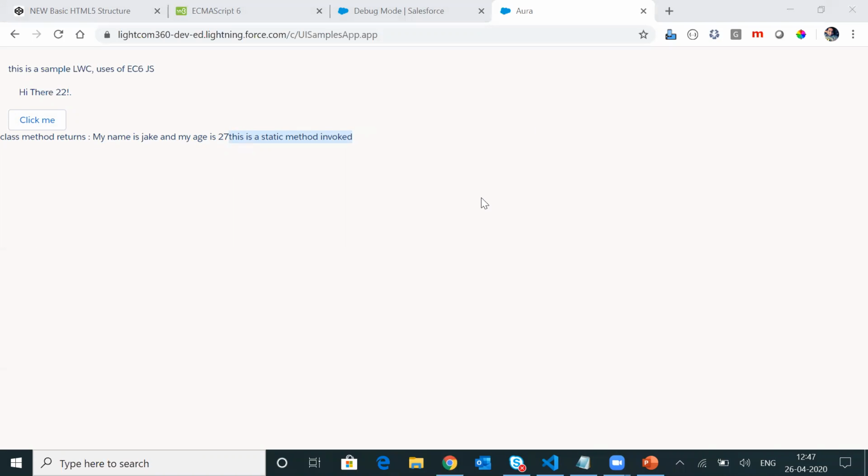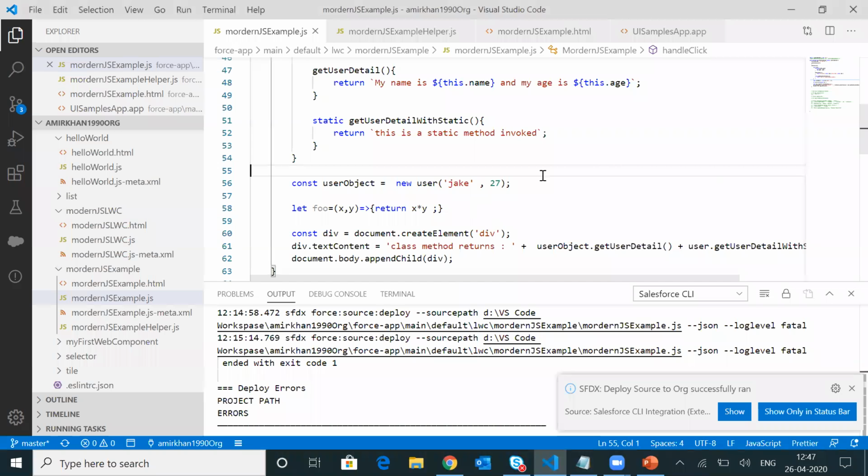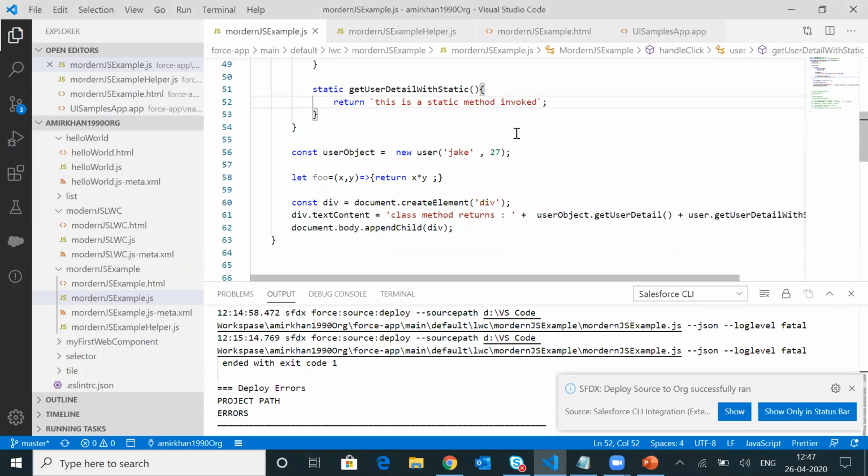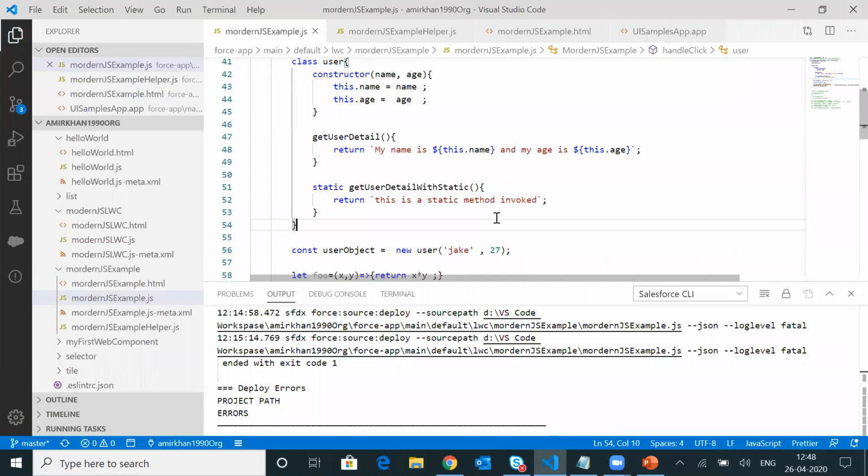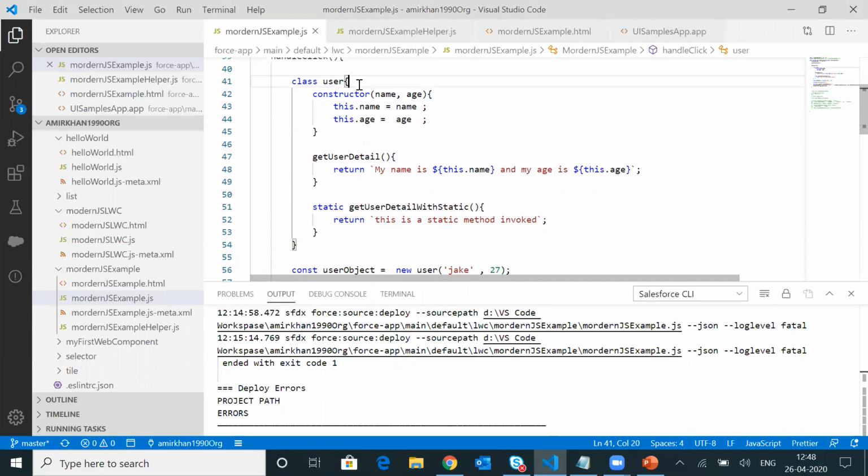Okay. Now there is one more concept with the class that you can use, the extend as well. Now let's say you have any class written over here, and you want to utilize that particular piece of code in other classes as well. So basically, extend means, in the object oriented concept, reusability. So if you want to reuse your existing class in some other classes, then you can use extend as well.